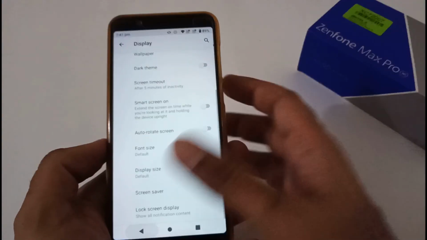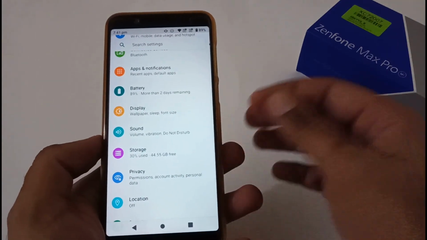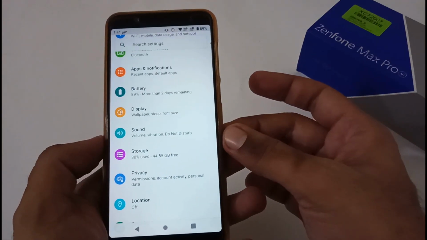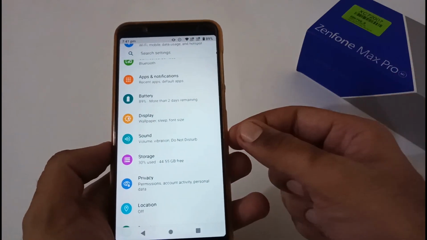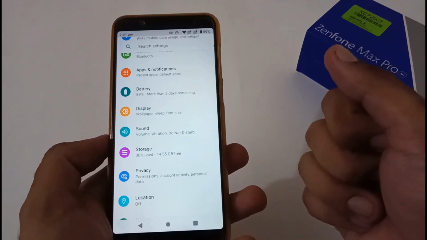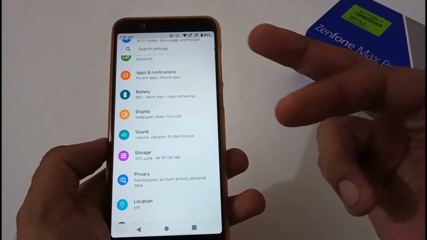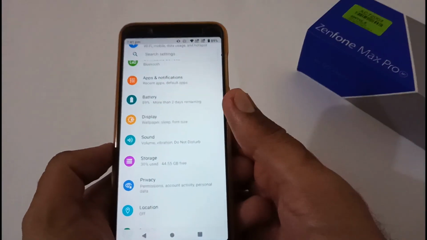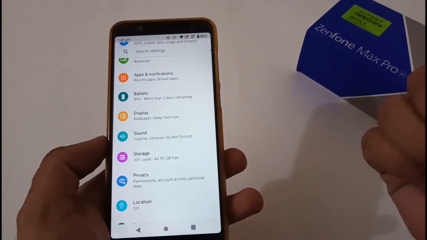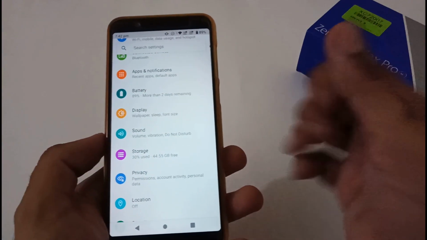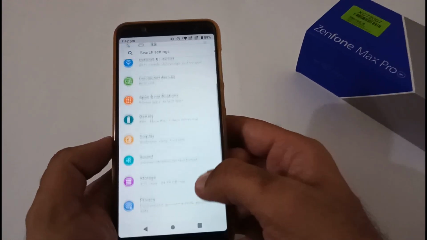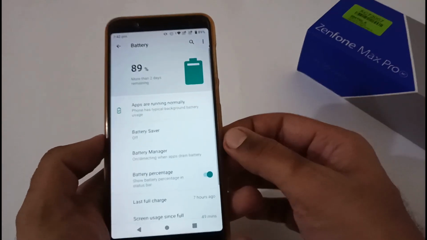But when I did the initial review of 087, I found that it was not working with respect to new notification. But later on, one of the subscribers named Tarun Dalai mentioned that, brother, it is working fine. So I reset my phone and I tried and it was working fine. So if someone will be watching that particular review, that's why I've clarified that part. So after display, now let's move to the battery section.